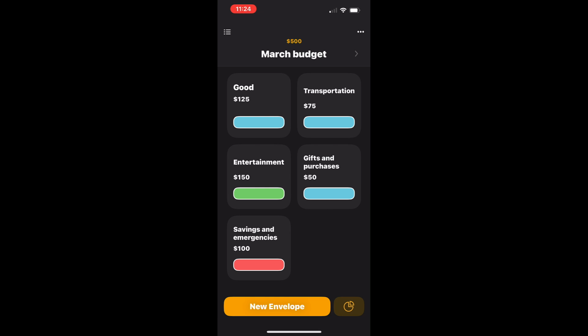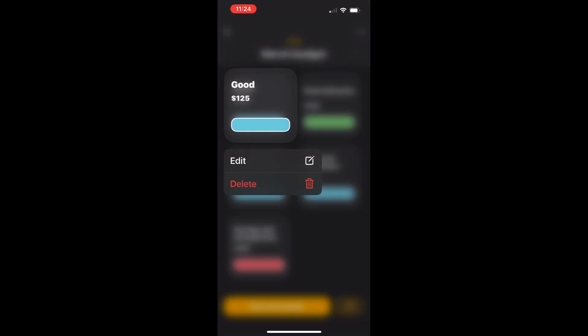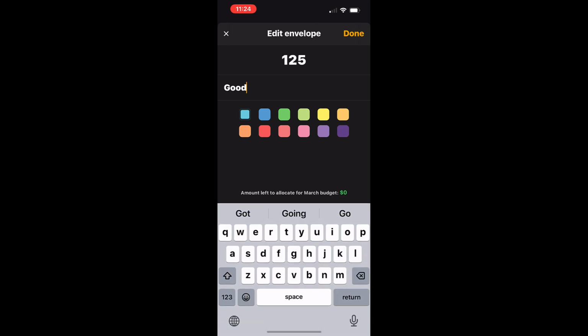And now we have our whole budget for that month. Now that we have these envelopes, I'll move this guy over here. You can just move them around by holding them and moving them. Let's go into that guy, and I'll edit that to